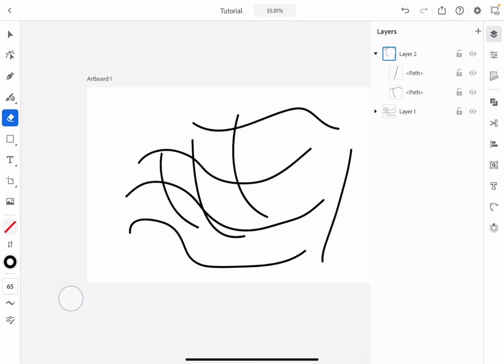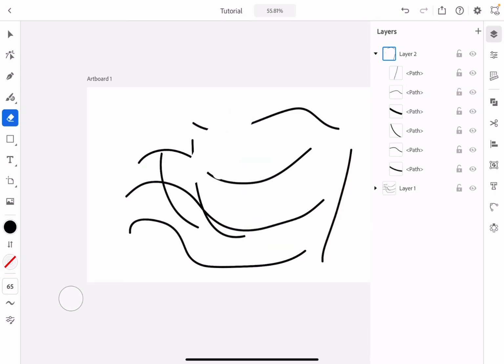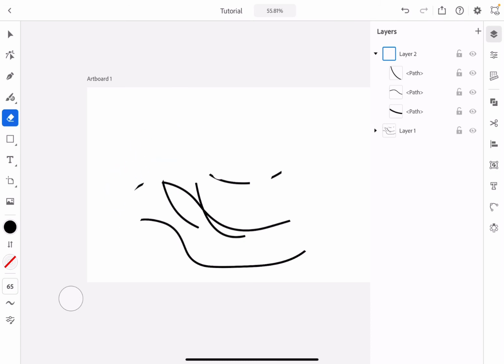Well, simply, if you erase layer 2, it should not erase layer 1. Oh, no, it does. Oh, wait, that's because you have to select different paths to erase if you don't want to erase layer 1, but you're practically just going to be erasing everything. So yeah, let's just say you made a mistake or something, made a slight line, you should be able to erase. You can also change the brush size down here